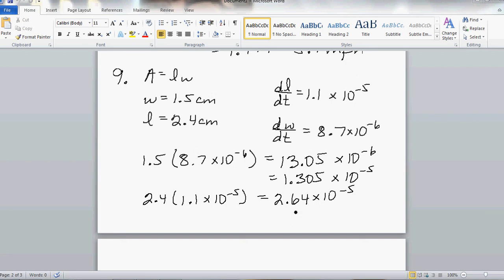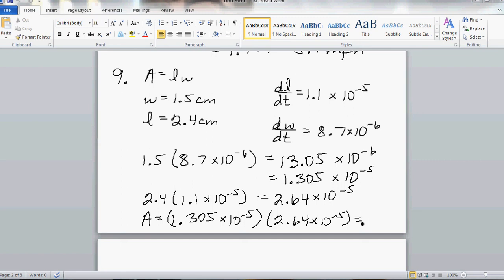But the thing is, have we determined how much the area is changing? Well, not quite yet, because we know the width is changing at 1.305 times 10 to the negative 5th. The length is changing at 2.64 times 10 to the negative 5th. And so the question becomes, how fast are they changing at the same time, or for the area? And so that would just be a matter of taking the change of length, 1.305 times 10 to the negative 5th, and multiplying that by the change in the width, 2.64 times 10 to the negative 5th, which equals, one final calculation,